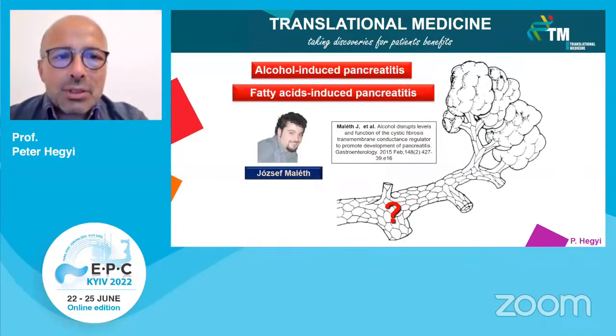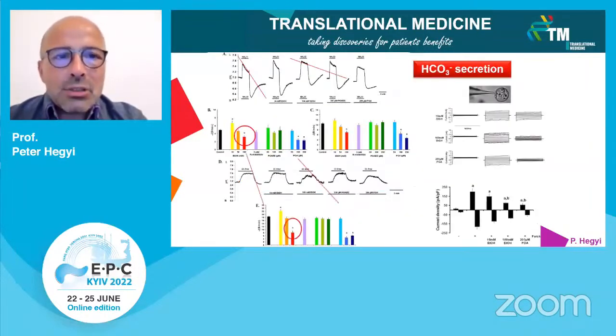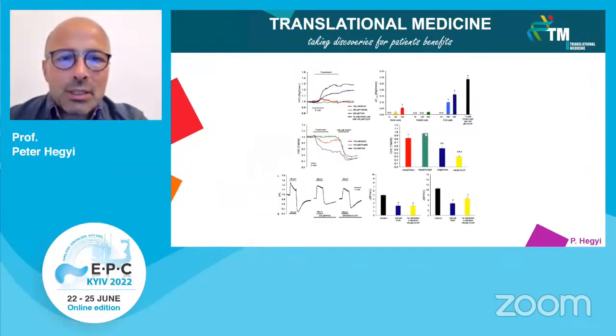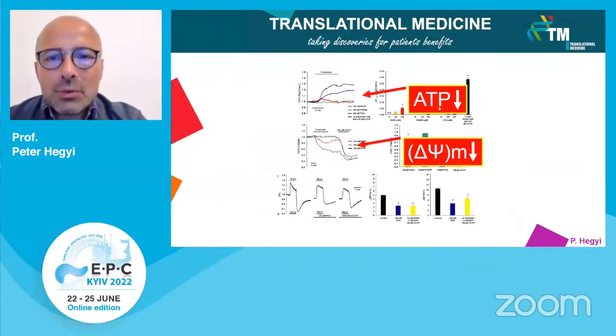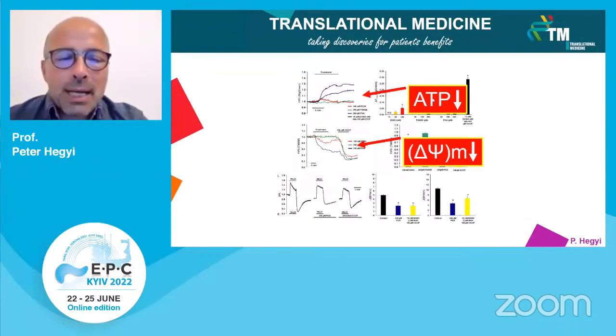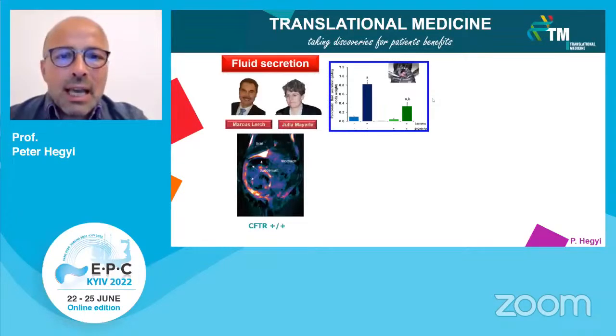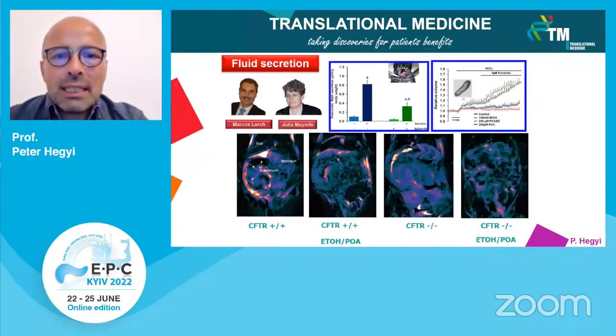Let's look at the other kind of etiological factor, namely the alcohol-induced or the fatty acid-induced pancreatitis. Actually, what we could see is that alcohol in a very small concentration stimulates, however, a larger concentration inhibits the pancreatic ductal bicarbonate secretion, and especially if you look at the CFTR chloride channel, it is very clear that both the effect of alcohol and the fatty acids are via CFTR inhibition. And this is also, like in the bile-induced way, coming with ATP decrease, mitochondrial membrane potential decrease, and also coming with inhibited